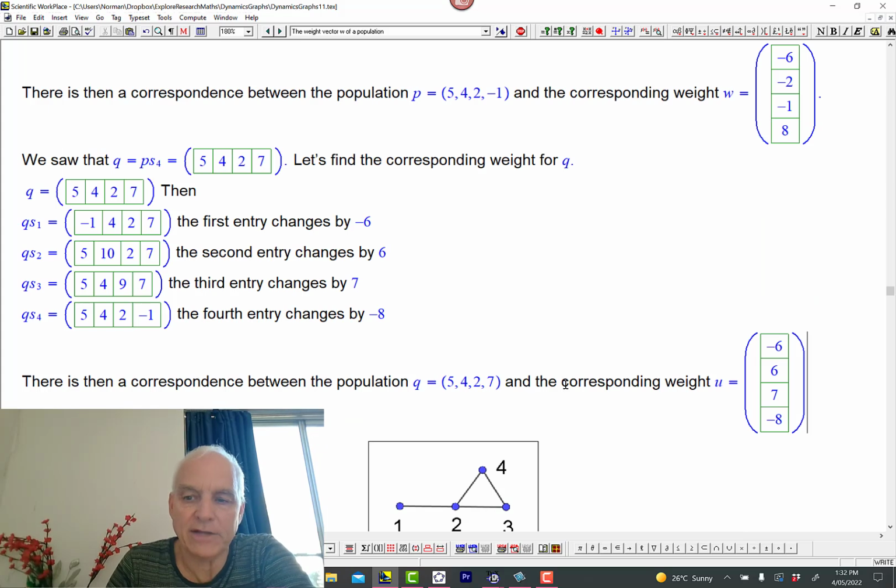All right, so here's a great little exercise for you to see if you understand this and if you can make it work for something else. So suppose we want to increase the population here further, right? Then this weight vector will tell us the most efficient way of doing that is to mutate at the vertex 3, because that's going to result in the biggest increase in the population. So you might try that. You could mutate at vertex 3 here and see what happens to the corresponding weight. See if the transition from this weight to the weight of the new population is given by the same kind of rule.